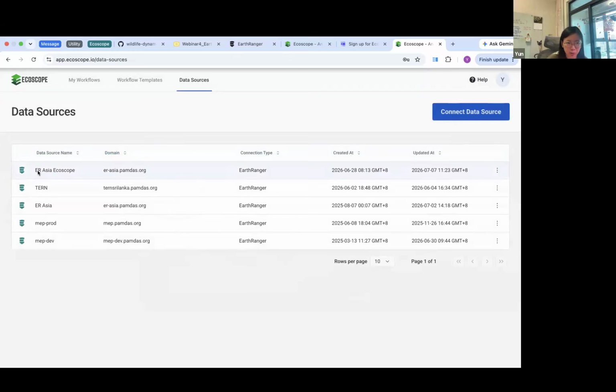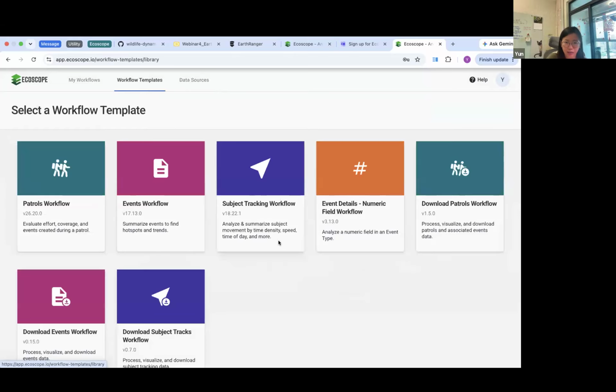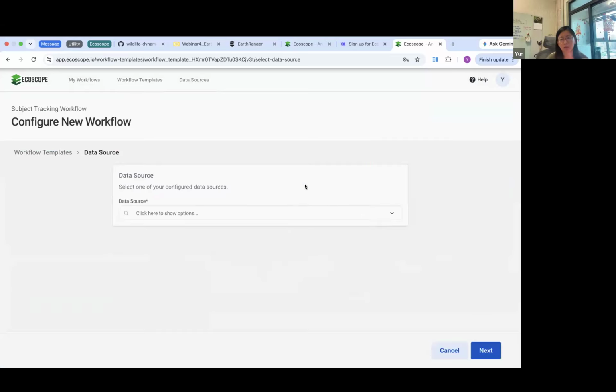And then you should be able to see the data source name here with the domain EarthAsia, and the connection type should be EarthRanger. And then you go to workflow templates and click on the subject tracking workflow. This workflow